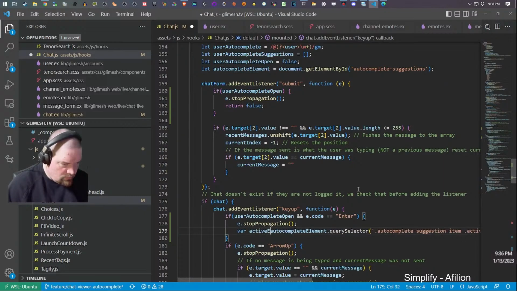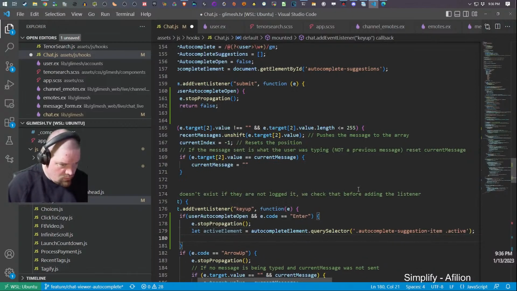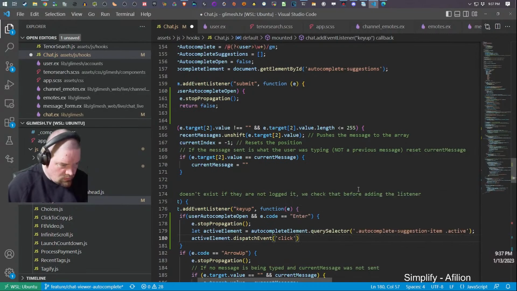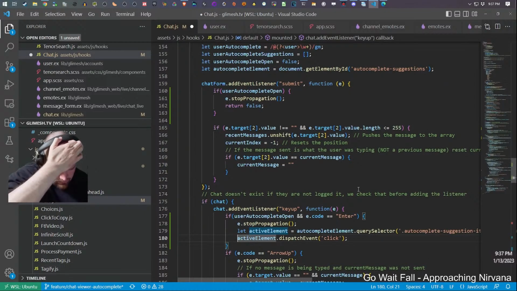More active elements. Elements that dispatch events. Click. Should work.